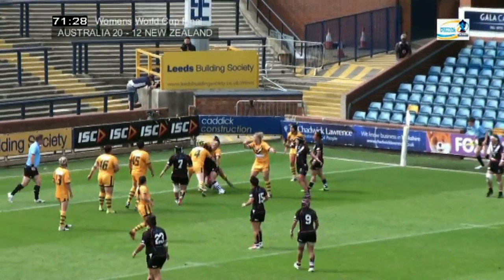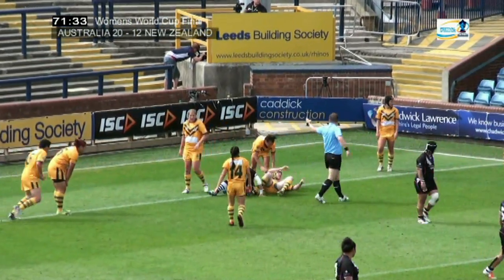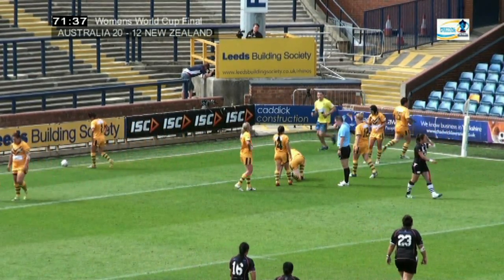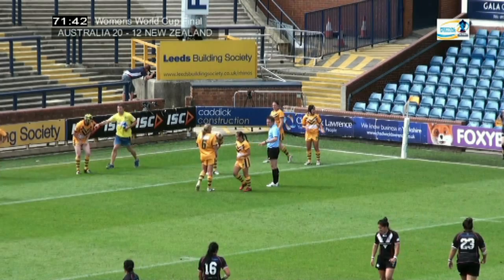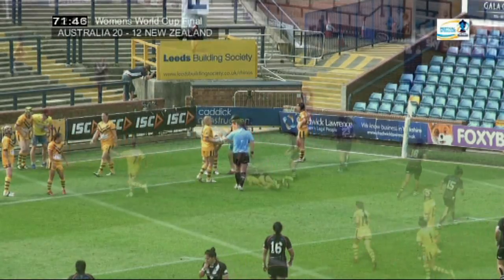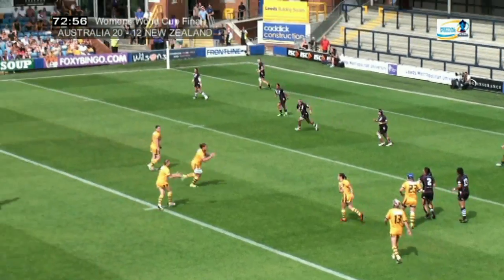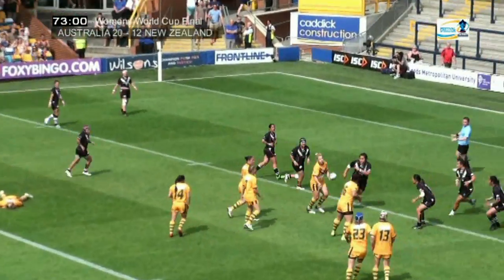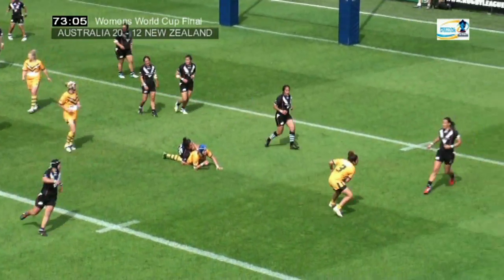Could this be what they wanted, the New Zealand drive forward? I don't know whether it's for not playing, using a player as a shield, a penalty, so Australia get the rub of the green there. New Zealand then use one of the players as a shield. And fair play, this referee's been on top. Well, I thought he was pointing to last tackle then, but this is last tackle. Young finds Murphy, finds Brigginshaw, she finds Kunst, who comes driving in, she passes it to nobody, Wistana picks up the scraps, she gives,